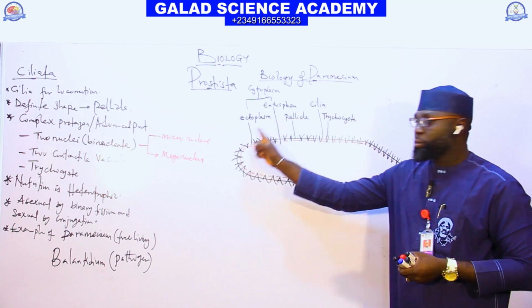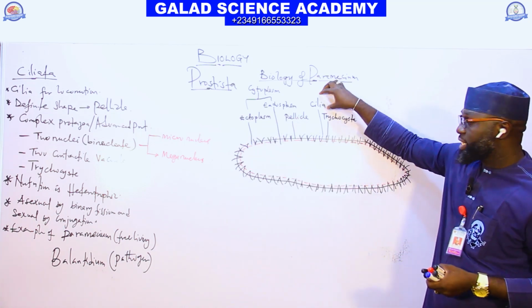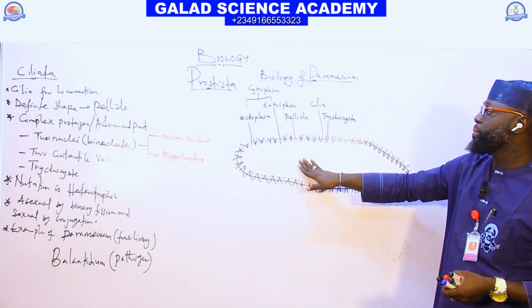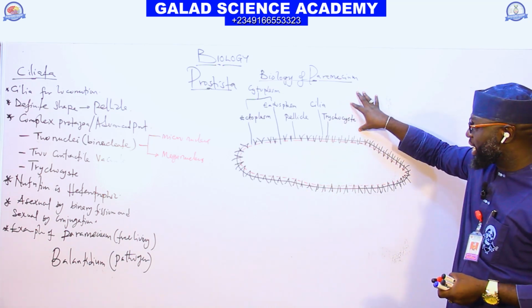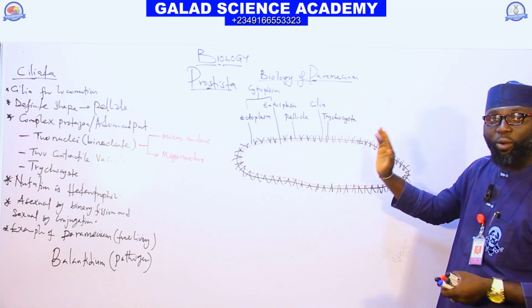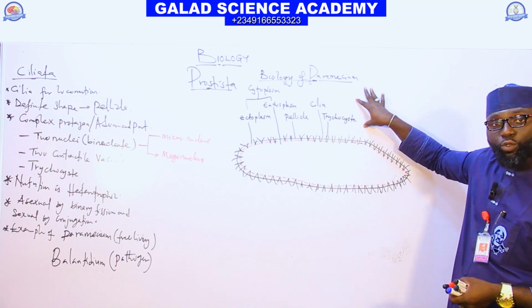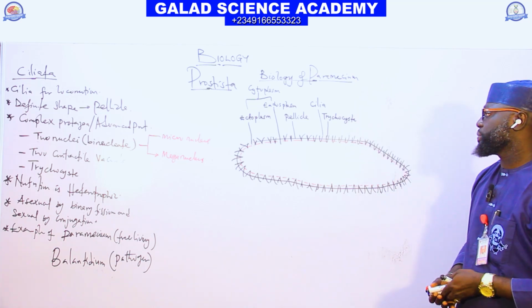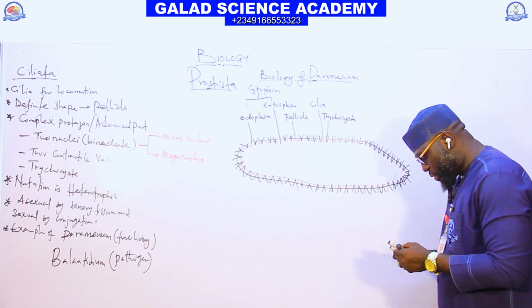This pellicle gives shape to Paramecium. The cilia is the locomotory organ in Paramecium. Trichocyst is the organelle in Paramecium that is used for offense and defense, and it is also used for anchorage. So the next thing we have here is